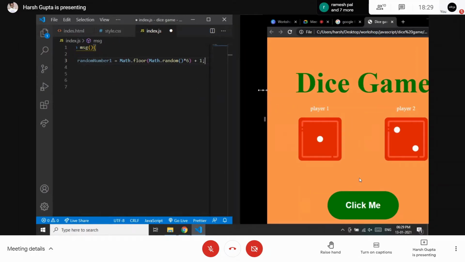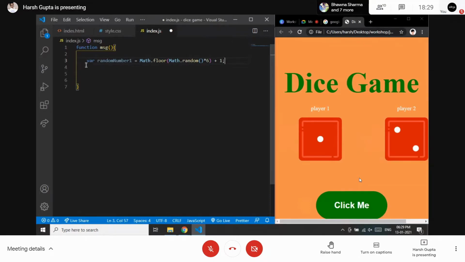Now I will explain what is happening in this code. I have created a variable called random number 1. The Math.random function is creating a random number from 0 to 1, like 0.6, 0.7, 0.48, 0.49, 0.68. And what I'm doing here is multiplying that number by 6, so that the number would be between 0 and 6.